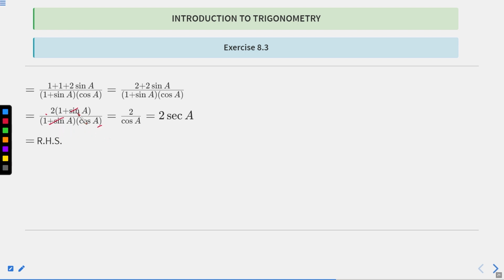Here 1 plus sin A, 1 plus sin A we cancel, and this is equal to 2 by cos A, and we know 1 by cos A is equal to sec A, so this is equal to 2 sec A, and this is the right hand side. So here left hand side is equal to right hand side, hence proved. And now let us